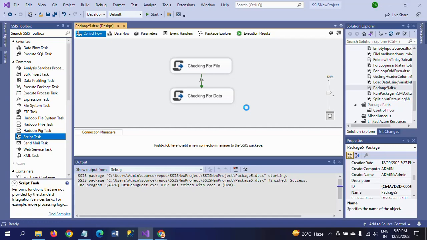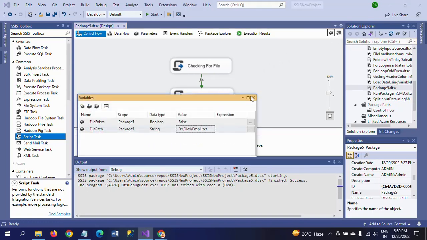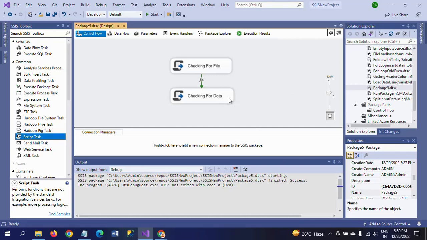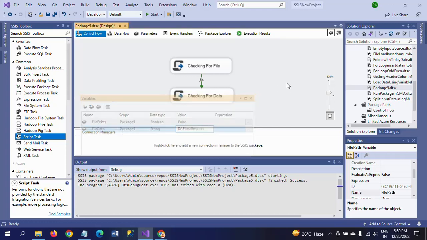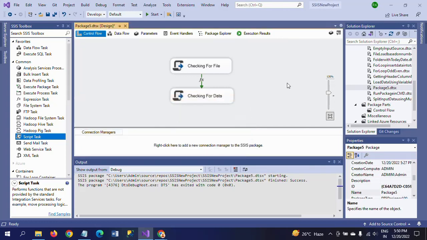So this is the workflow. First, I'm writing the two-line script as code for checking for file after declaring the two variables. And second, checking for data using the same variables. And I'm writing this precedence constraint so that if the file exists only, it will run. Otherwise, it will not move to the further task. So that is my intention of this package. Hope this video